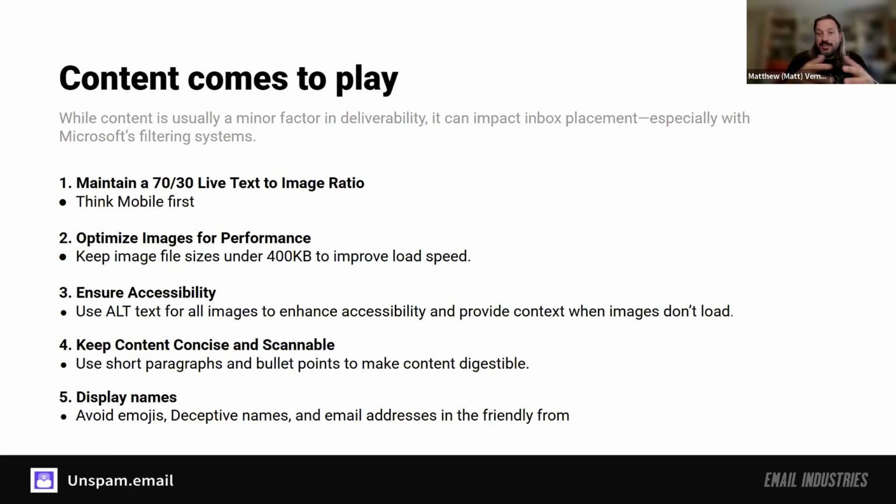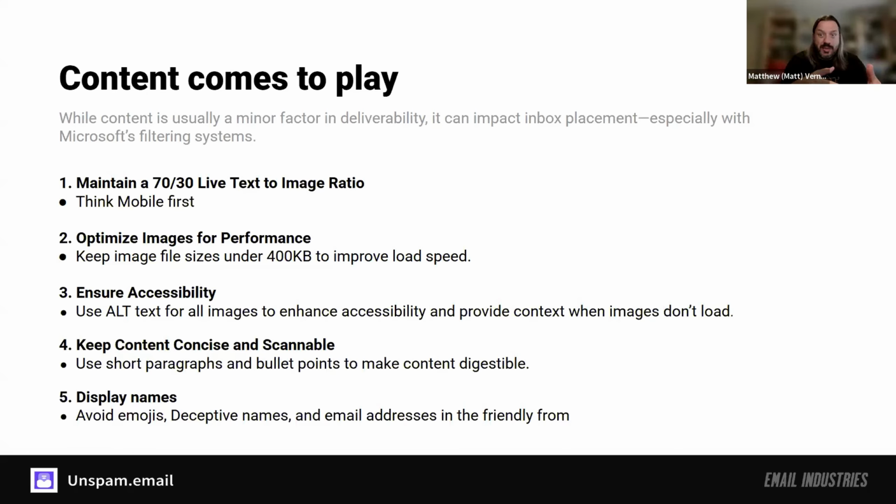So we want to optimize images. We say 400 KB here, but if they could be smaller, that's even better. Anything over 400 KB really starts to impact delivery for messages. It really starts to impact how people are able to access your mail on a mobile device, right? So think about message size, think about image size.